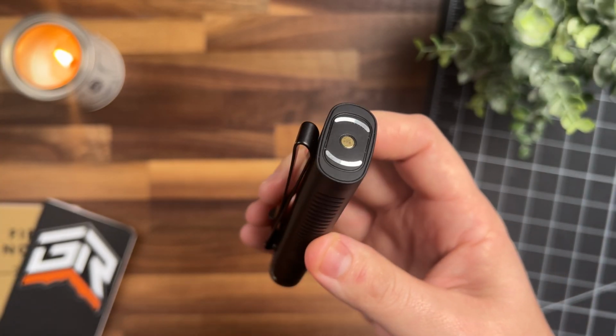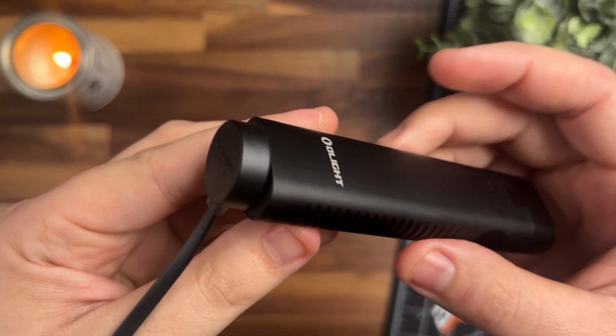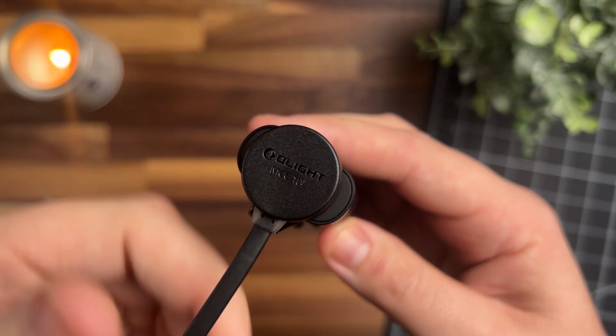Okay, first, this thing is going to feature Olight's magnetic base, which does let you use Olight's proprietary magnetic charger. I know a lot of you are not fans of this. I think this is probably the only knock on this flashlight. Just when it comes to Olight, a lot of people wish they had a USB-C charging port as well, but I personally have a ton of these little Olight chargers now in my collection, so it really doesn't bother me